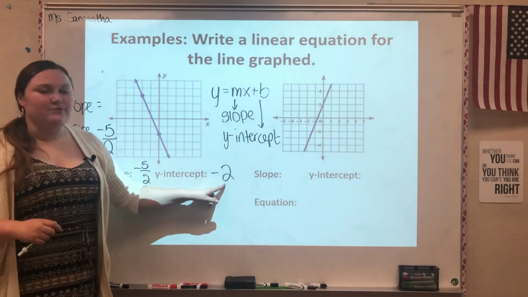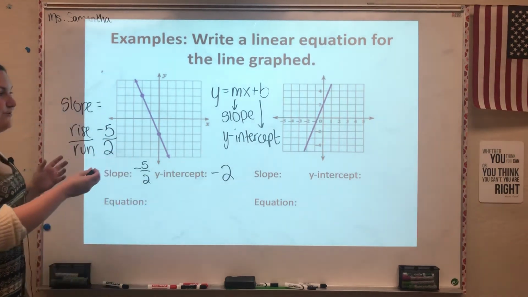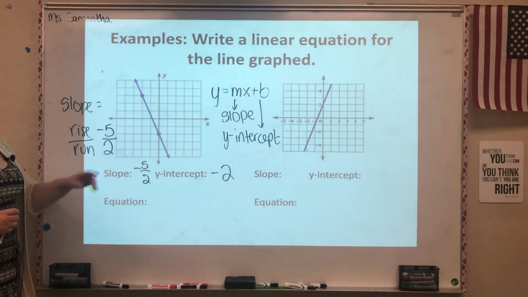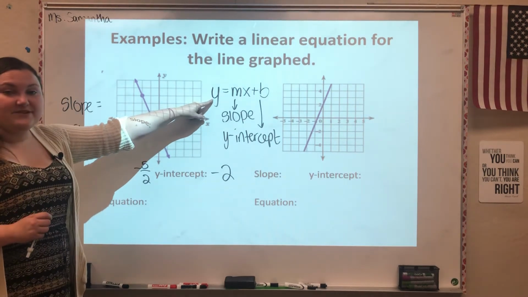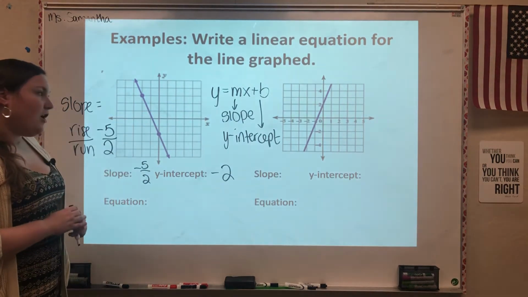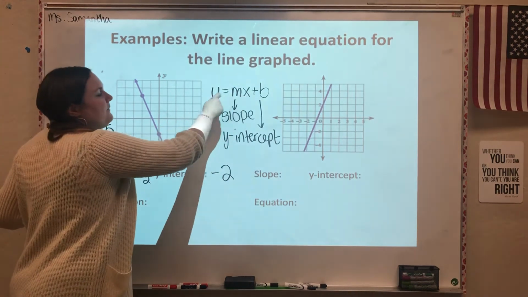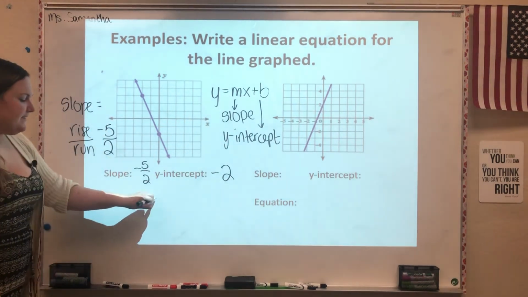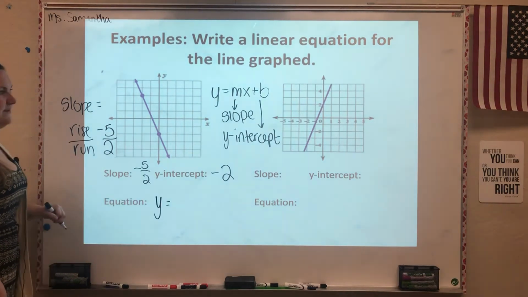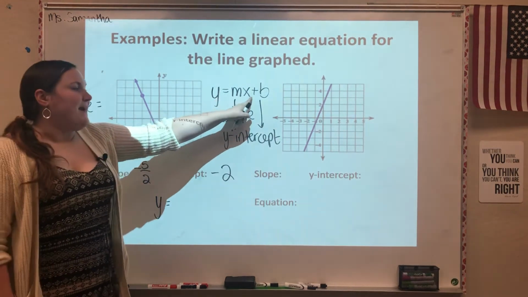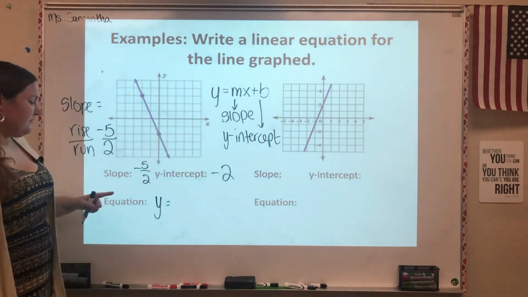Once you have these two pieces of information, you can use all of that to write yourself an equation. Remember, we've already got slope-intercept form. We've got this formula here. All you have to do is replace your numbers. Remember, x and y are always going to be in the equation. So it's going to begin y equals. But instead of writing mx, I need my slope, which we said is